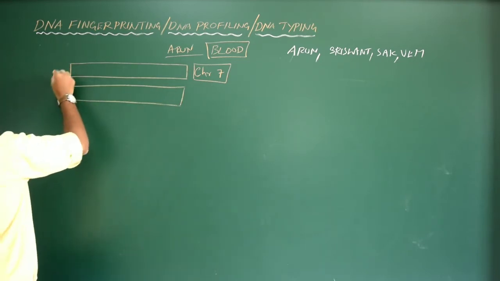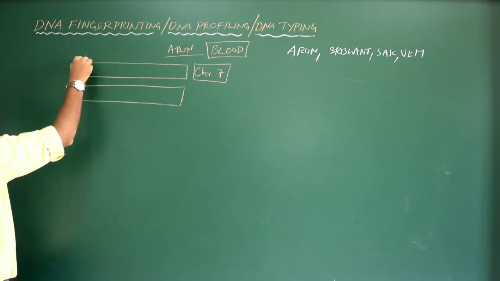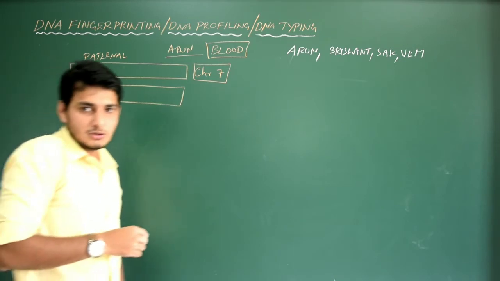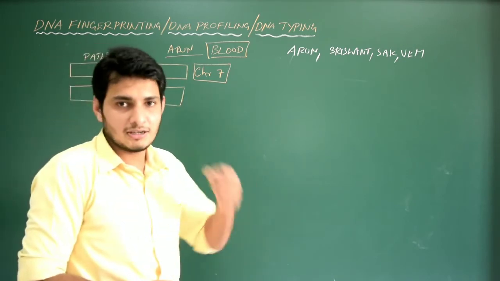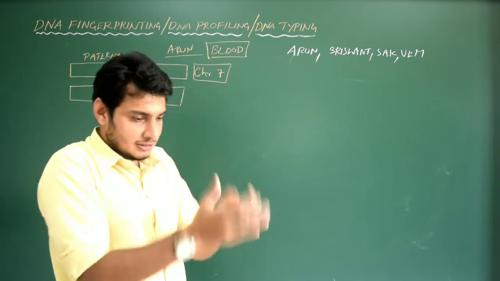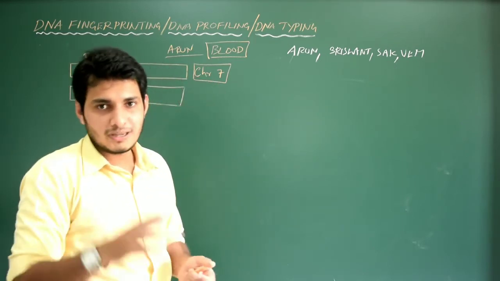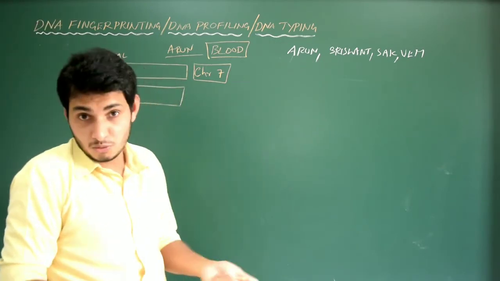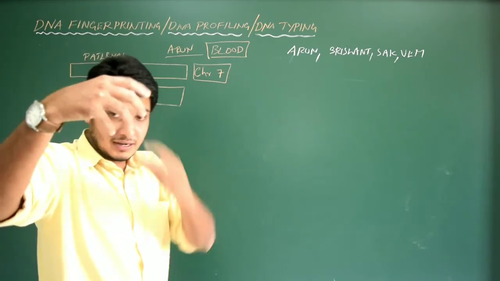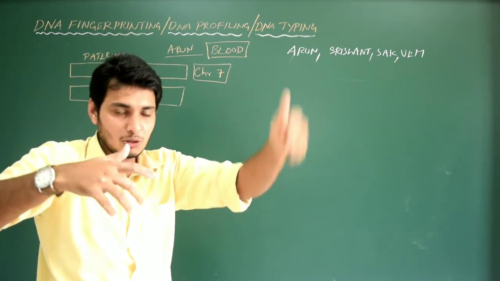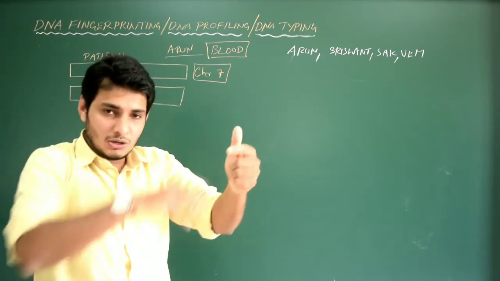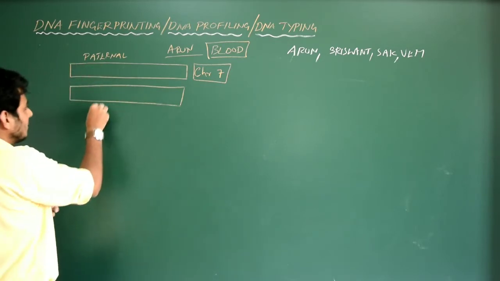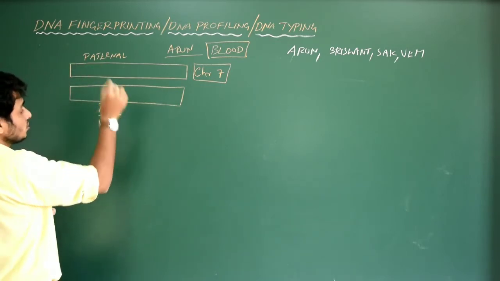Let me write: this chromosome is given by my father. It is also called the paternal chromosome. We have pairs of chromosomes, 23 pairs. If you take chromosome number 1, there are two chromosomes, a homologous pair: one chromosome is given by your father, the other by your mother. During the formation of the zygote, the sperm contains only a haploid set of chromosomes, and the ovum contains a haploid set of chromosomes. So they come into a single cell, the zygote. So in chromosome number 7, you see the paternal chromosome as well as the maternal chromosome.